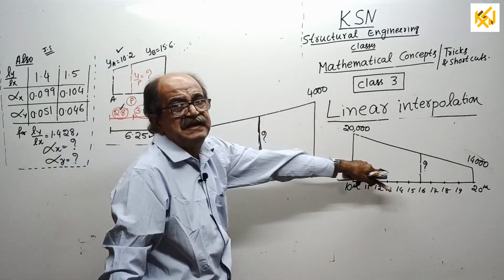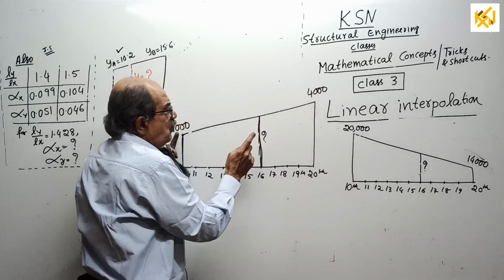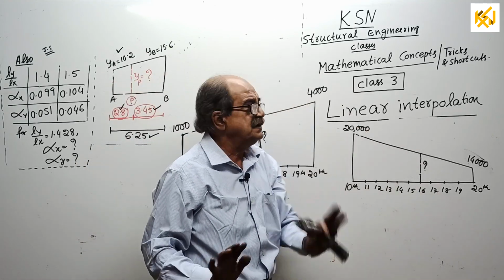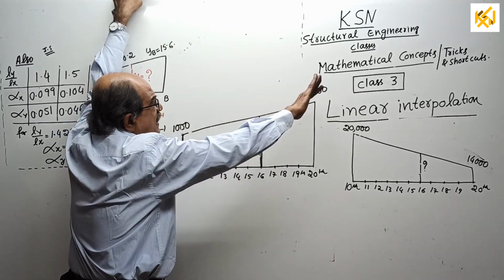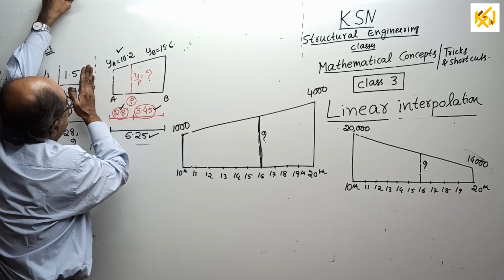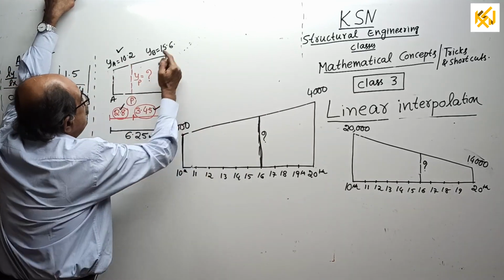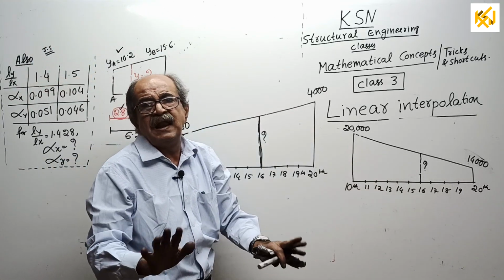No, I take a second example there. One of the examples, see, it is increasing. Once this is fully clear, I will explain the decreasing case. Okay, start. Now this one. When it increases, what happens? You start from this side. If you go this way, you have to adopt this principle, or if you come from the other side, you have to adopt that principle. Don't remember left side, right side.